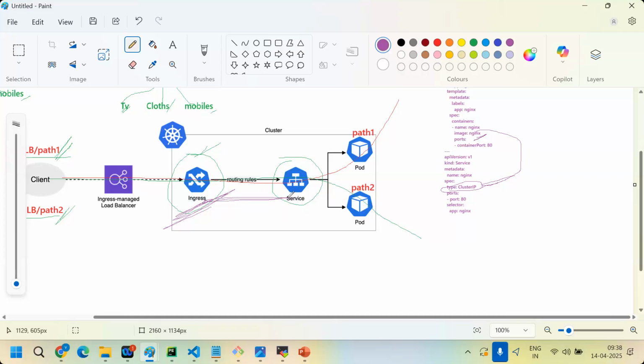Internal communication. This ingress will create a load balancer, right? Is this load balancer external or internal? External. To take requests from users, the load balancer takes them and redirects to the internal service. If ingress is not there and the service is accessed directly from outside, it should be a LoadBalancer or NodePort service type.